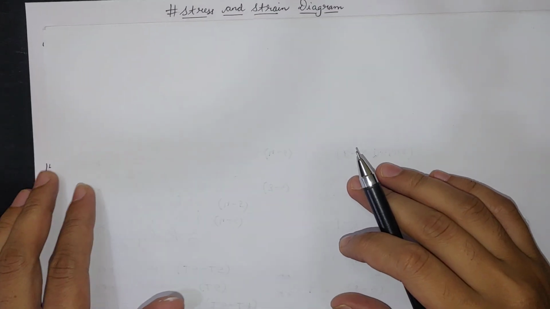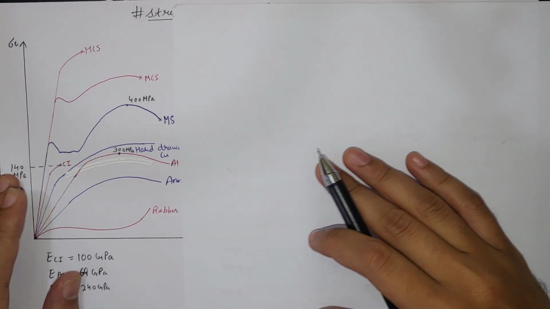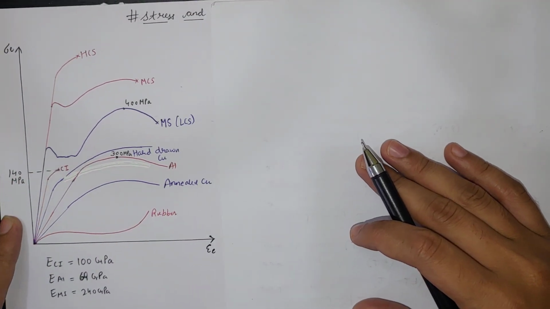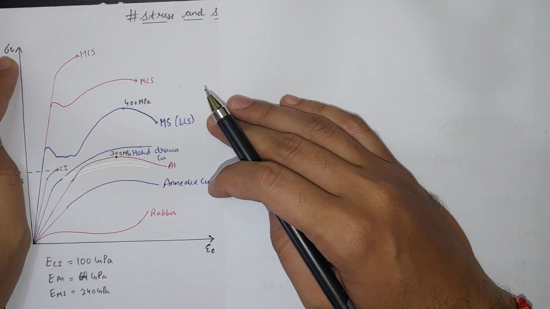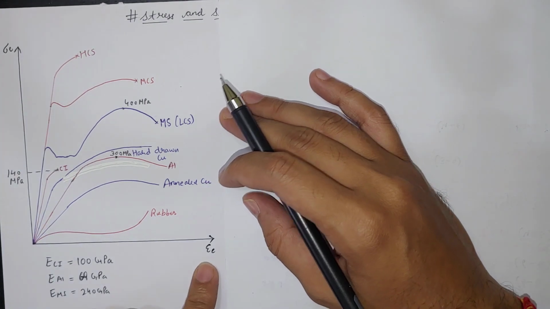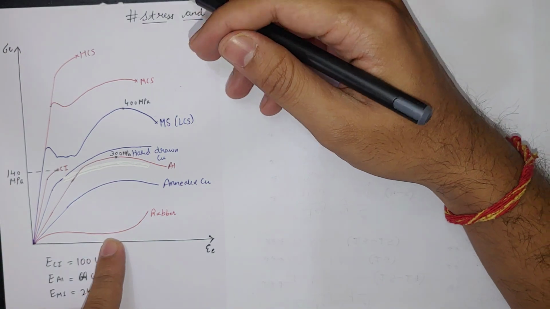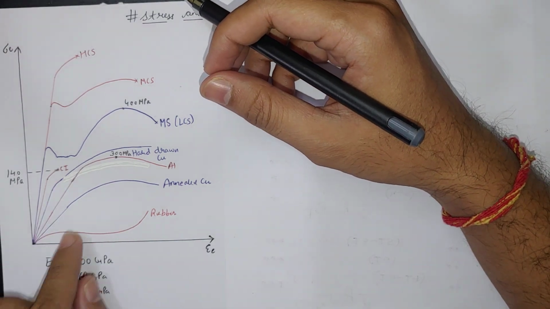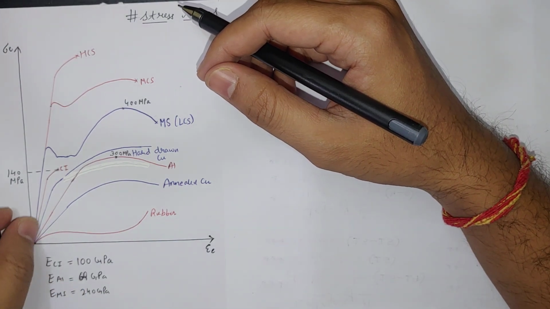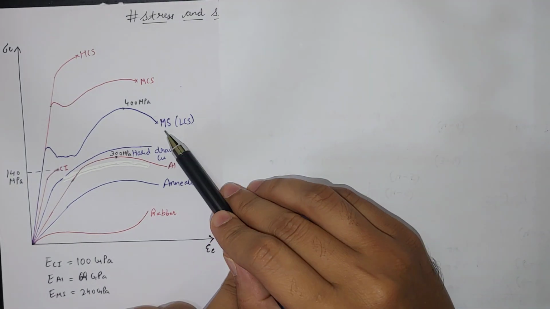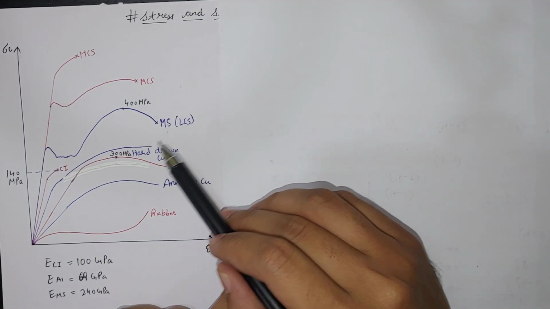In this video, we will see the stress-strain diagram for various materials. Here, if you see, we have engineering stress and engineering strain. Now, there are many diagrams for various materials. If you see, first, this particular mild steel, which is low carbon steel,